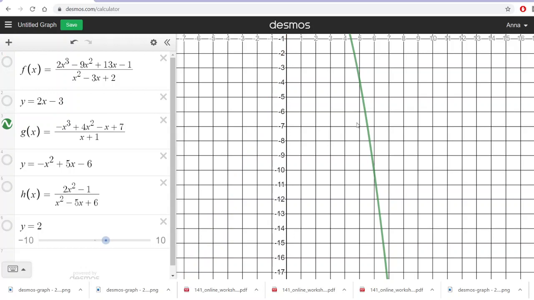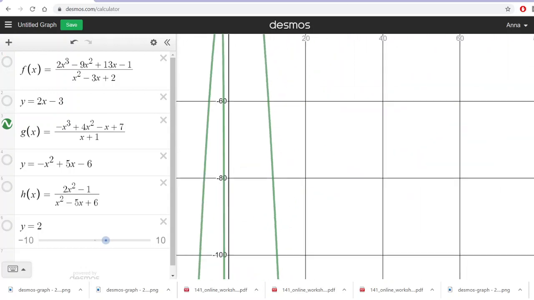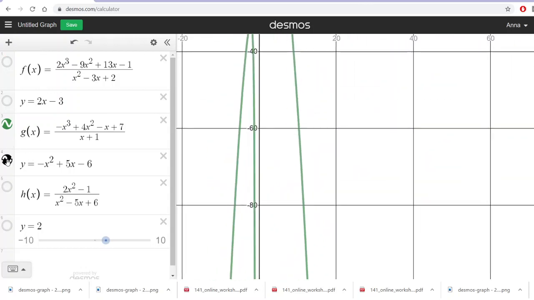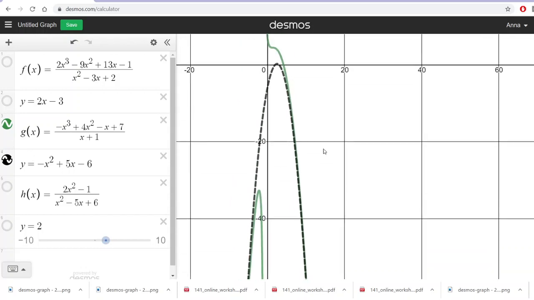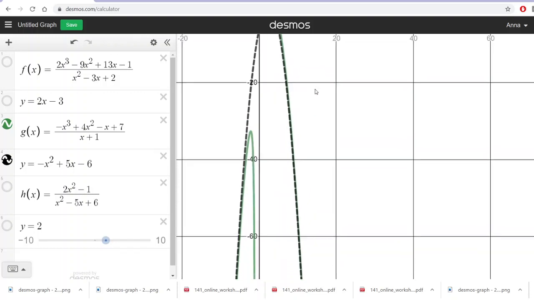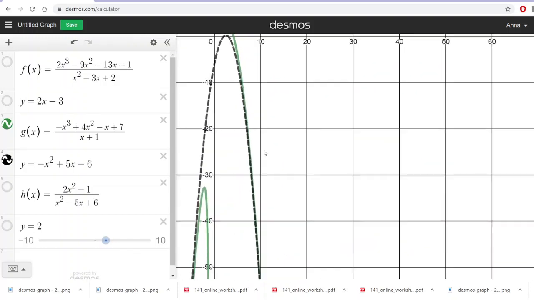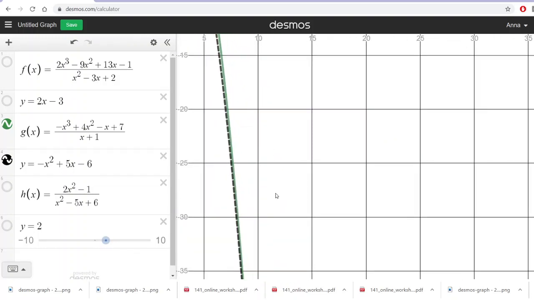So here is that function. And I'm going to now put the parabola. So the black dotted line is the parabola, y is equal to negative x squared plus 5x minus 6. And so we can see that as x gets larger and larger, so as we move to the right, the